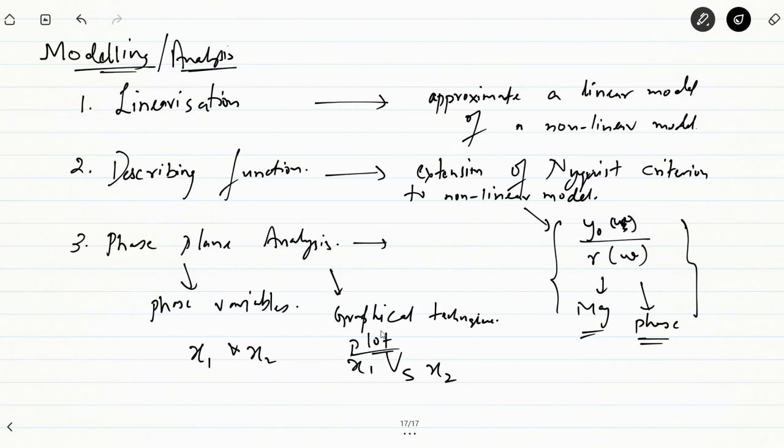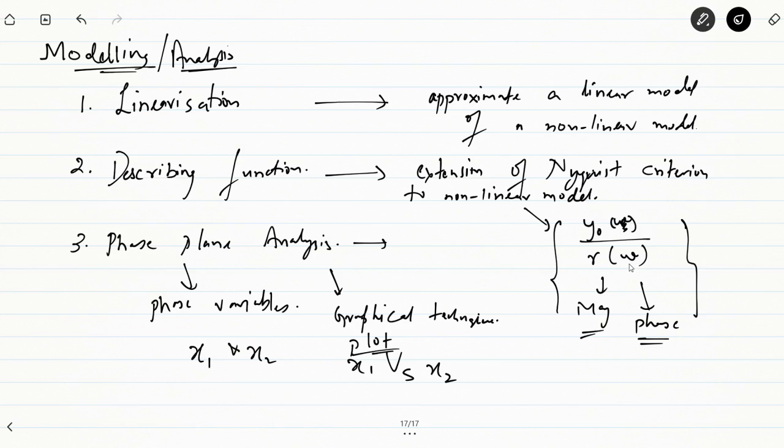about the stability of the system we'll be understanding that. So we have three approaches of analyzing a non-linear system: the linearization approach, the describing function approach, and the third one is the phase plane approach. In the linearization approach, we simply use a linear model of the non-linear system. We linearize the non-linear model. In the describing function approach, like the transfer functions, we obtain a ratio in a mathematical model. That is nothing but the ratio of the fundamental output of the system to the input of the system, while your input is a sinusoidal input,